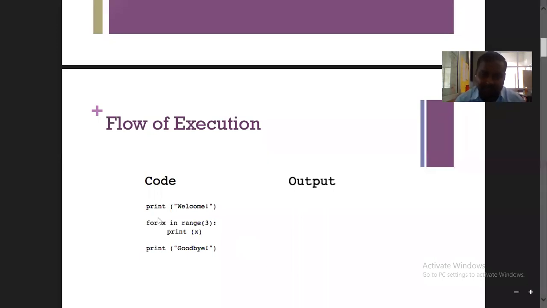It is a separate one. x doesn't have any sequence of values from the string. Its sequence of values takes from 0 to 3. It prints 0, 1, 2. Understood? It is not flowing on any string. The first printable statement is separate. The for statement is separate. The last printable statement is separate. Understood?